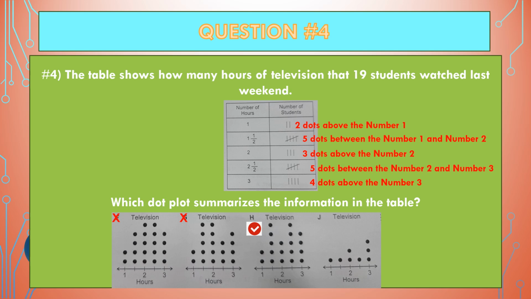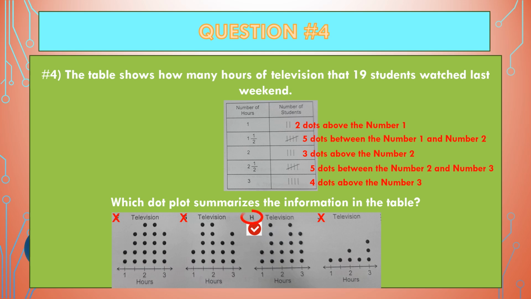Now, let's look at J, just to look at it. Now, we can look at J and tell it's already very, very wrong. There's only 1 dot above 1, 1 dot above 1.5, 2 dots above 2, 1 dot above 2.5, and 3 dots above 3. So that is very, very wrong, which means the only answer choice that matches our tally chart